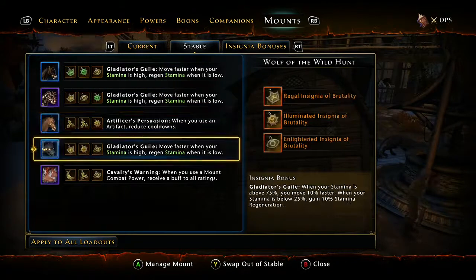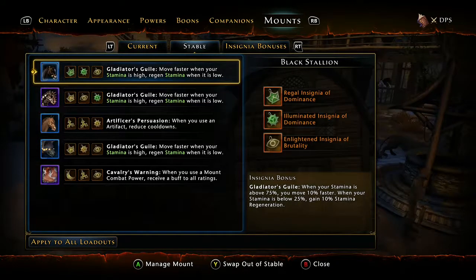I do run 3 of them as Gladiator's Guile. They help keep my stamina refilled at all times. The reason for that is because with Lionheart weapons, when your stamina is over 75%, they do 10% more damage. With a barbarian,